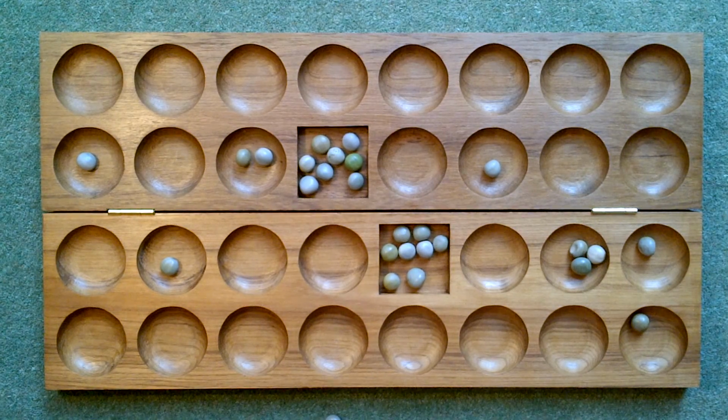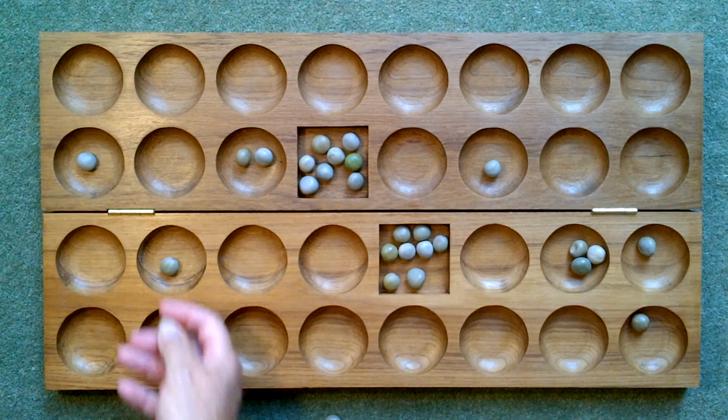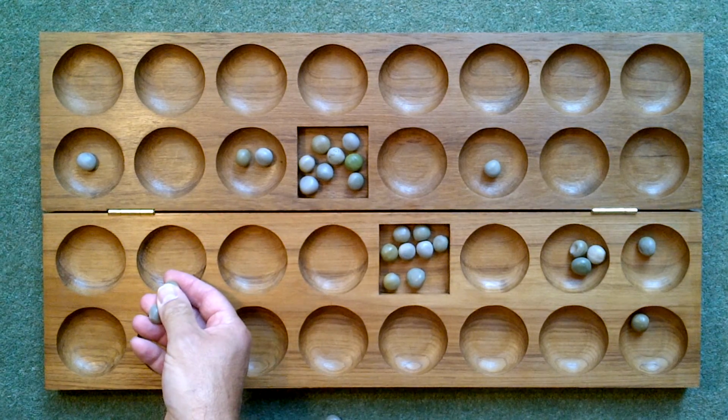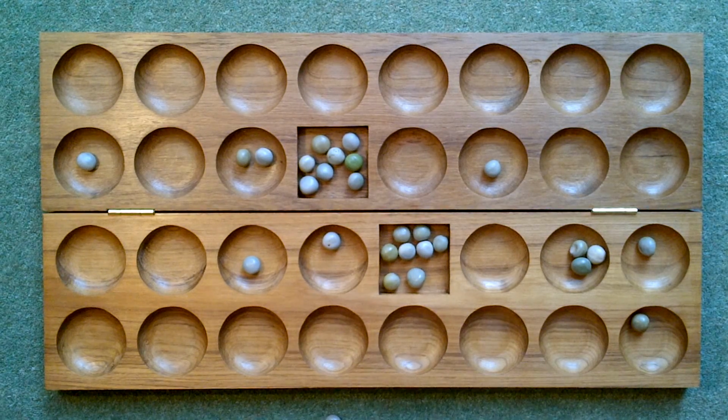Right, on my go, what I'm going to do, no captures actually available, so I'm going to make a move without capture, put that in there, and I'm going to decide to go this way. Right, it's now my opponent's turn, and I want you to put yourself in my opponent's shoes, because obviously he has to make a capture. He will get one of these seeds as a capture,